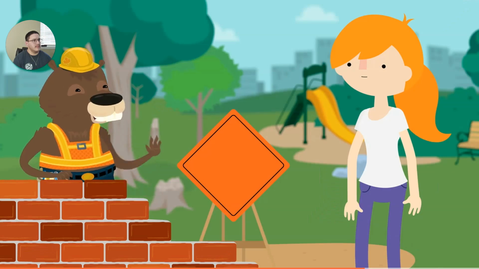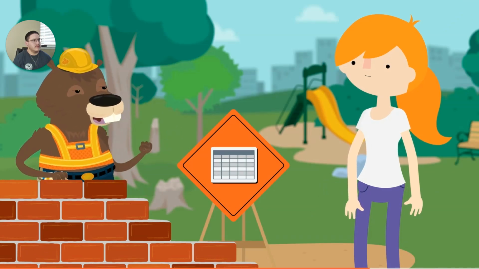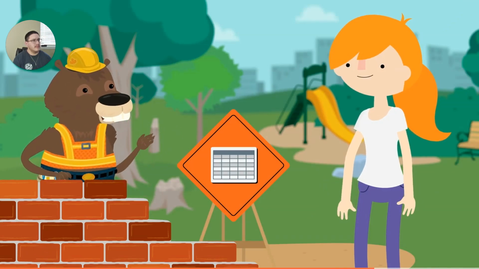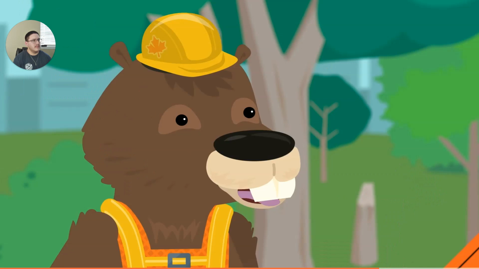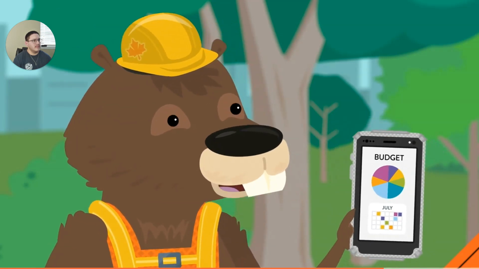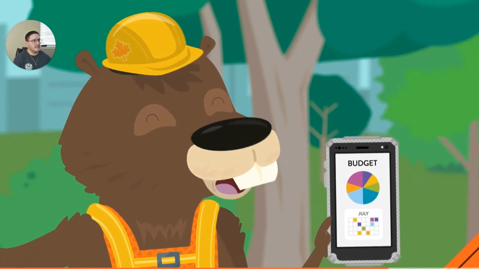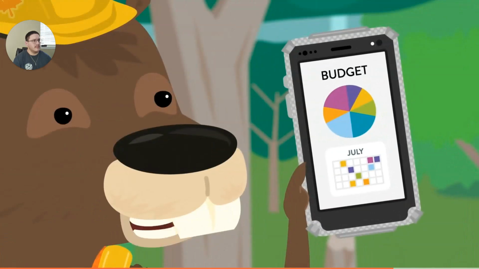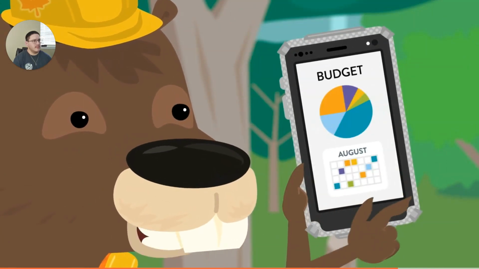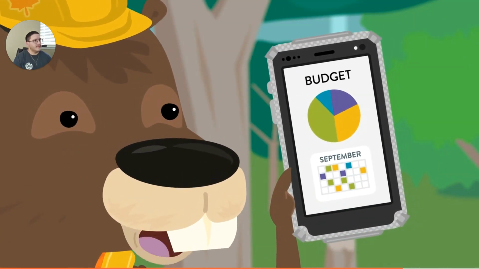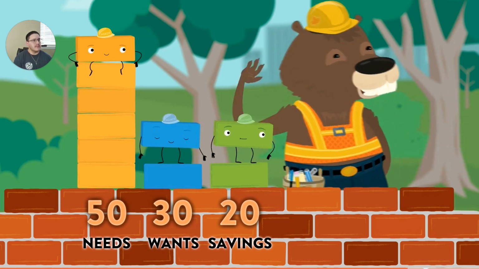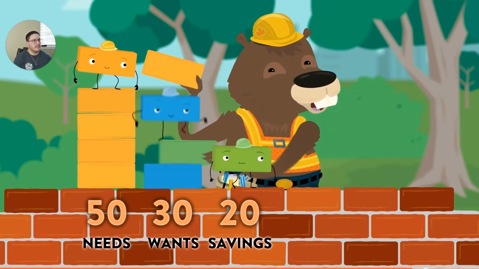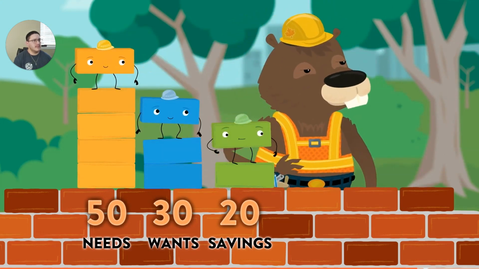That depends on you. Do you want total and complete control? Then go old school and make an itemized spreadsheet. And if I want super easy? Then let technology do it for you. There are some great online tools and apps out there that make budgeting a snap, no matter which method you choose. Make sure you track your spending for 2 months to get a full picture of your spending habits. Then you can make adjustments to trim down your needs, maximize your wants, and stay on top of savings.